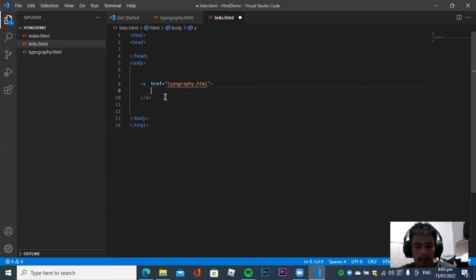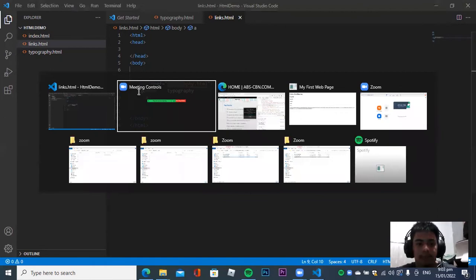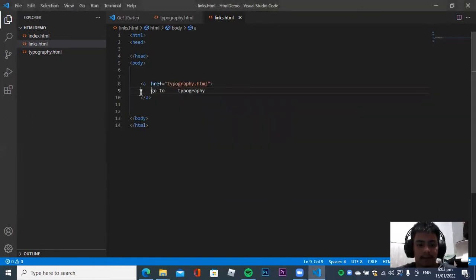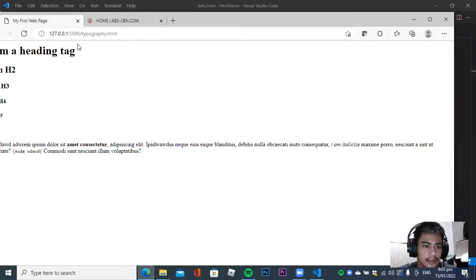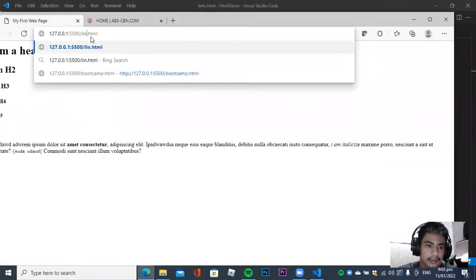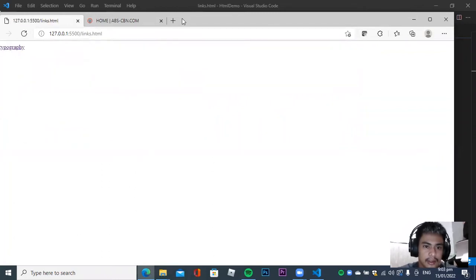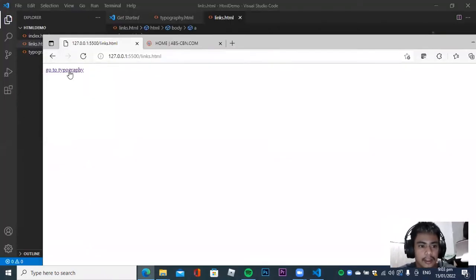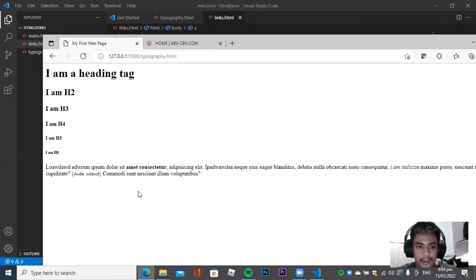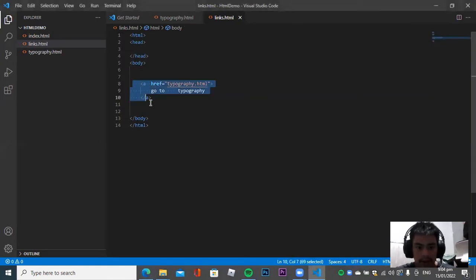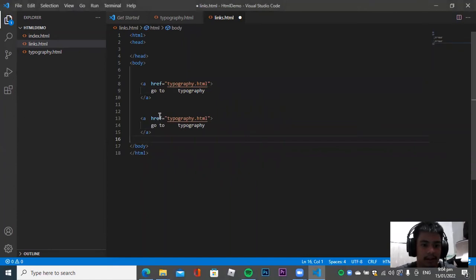Okay? So sa example na to, siguro pumunta muna tayo sa typography. Save natin. Yan. So, punta lang ako sa links na file. Yan. Kung mapapansin nyo, meron kang go to typography. Kapag click mo yan, mapupunta ako doon sa page na yan. So, try natin mag-add para mas mag-make sense. Let's say,